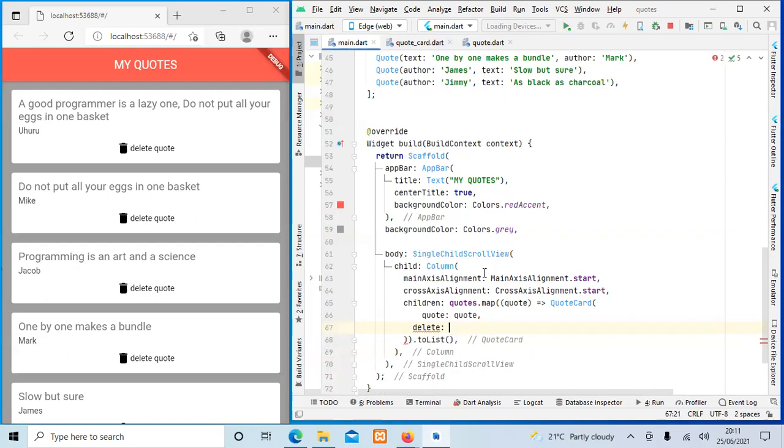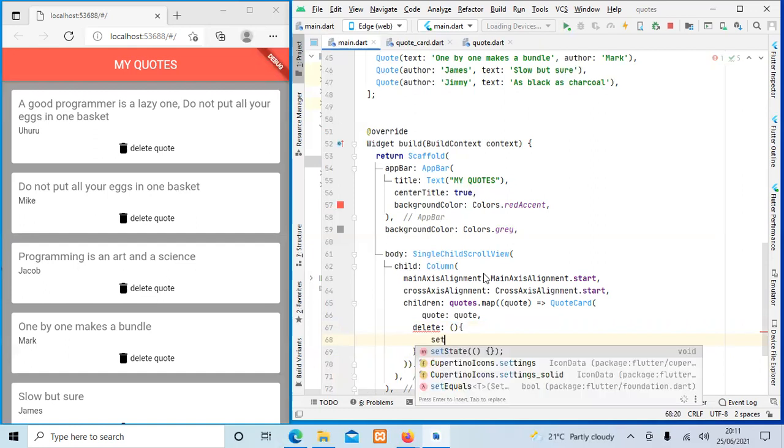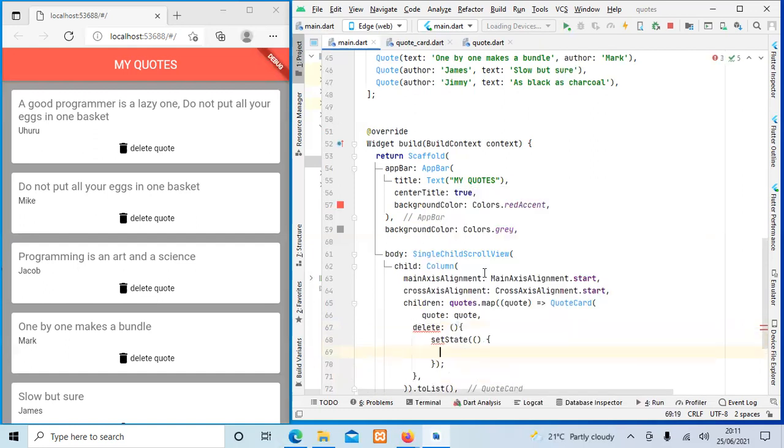But then we have that delete method, and that delete method will take in some arguments inside. And inside the delete method, I want to define a function, which is the set state. So now the set state is a function. Whichever you see which ends with a semicolon is a function. Are you getting me now? And it's supposed to start with a small letter. Of course, it starts with a small letter. If it is an inbuilt function, it starts with a small letter. For example, set state is an inbuilt method, and it will take in